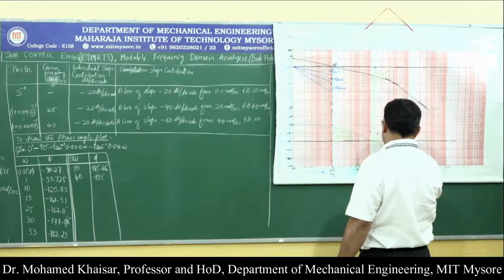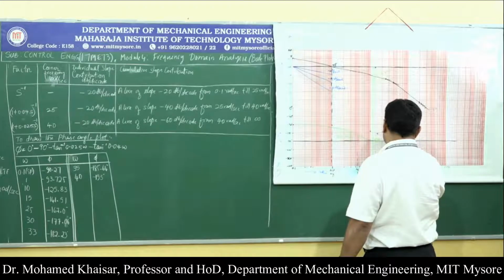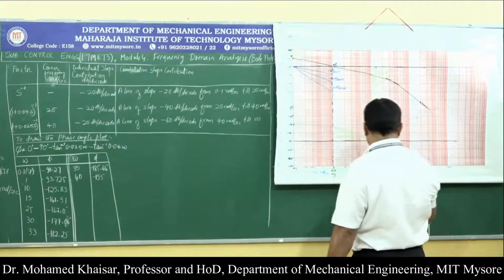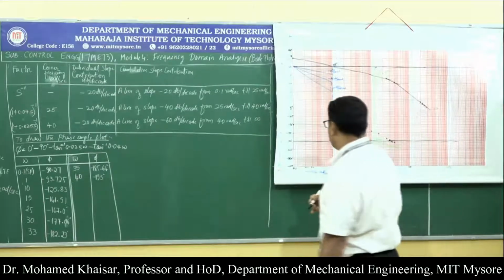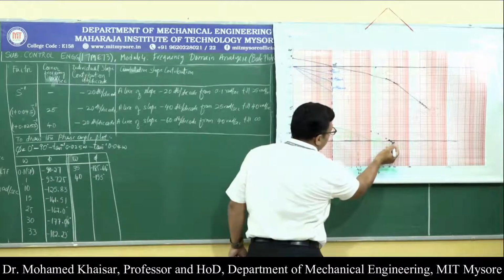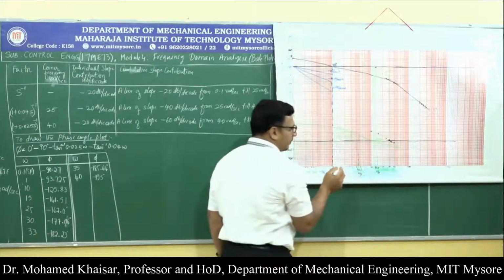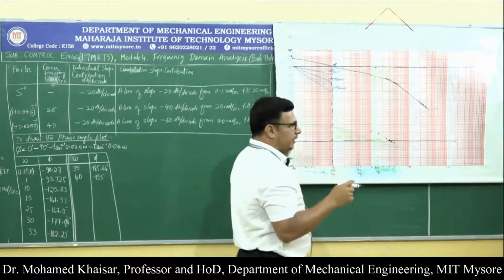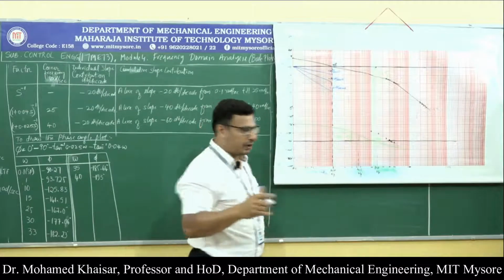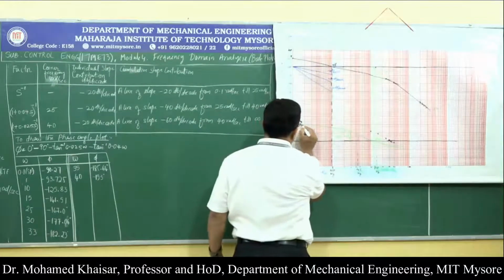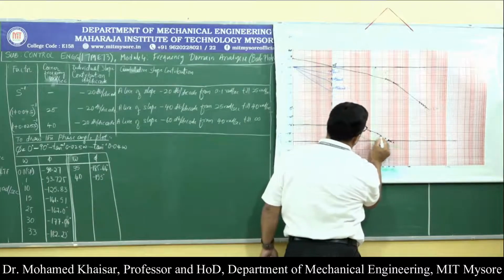At 35, it is minus 185. At 40, it is minus 193. This is how it got. Now, once you see the points that are over here, and if you connect all these points with the help of a smooth curve, you will find that the magnitude phase angle plot is crossing the minus 180 degree line and moving down.